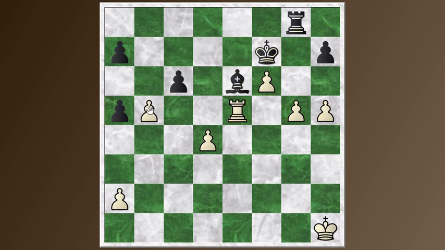and white can grab the c-pawn. And the combination of threats here with this advanced c-pawn and these pawns crashing through is just too much for black. There's no way he can hold this position anymore. He tries to move rook to d8. Now the c-pawn just goes forward, so he goes to